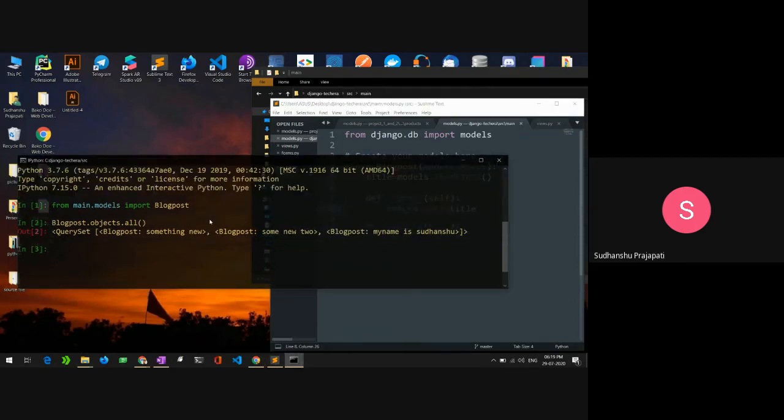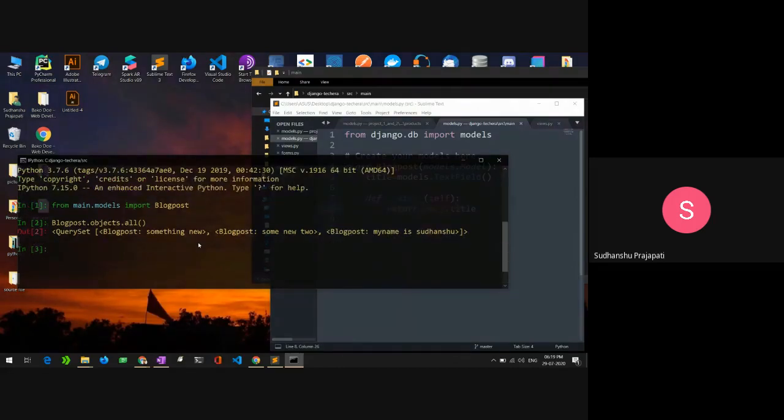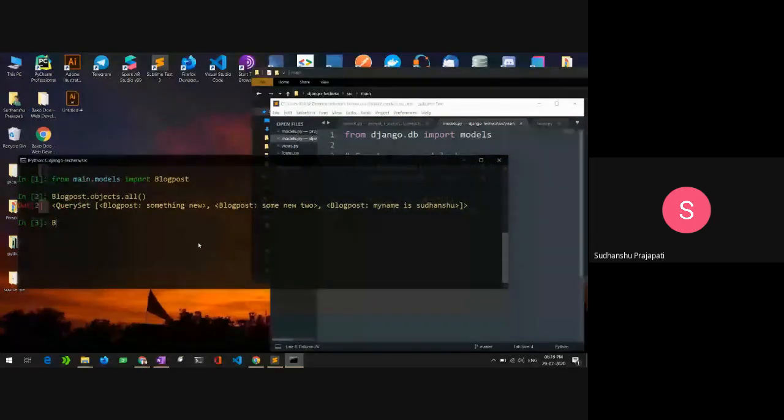After that, I want to create an object as we did in the Django administration site that we saw in the last session, but I want to create it from the command line here. So I will run a command: I will store my object in a variable named q. So BlogPost.objects.create